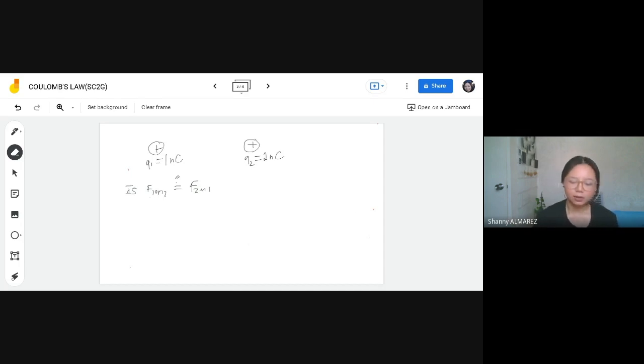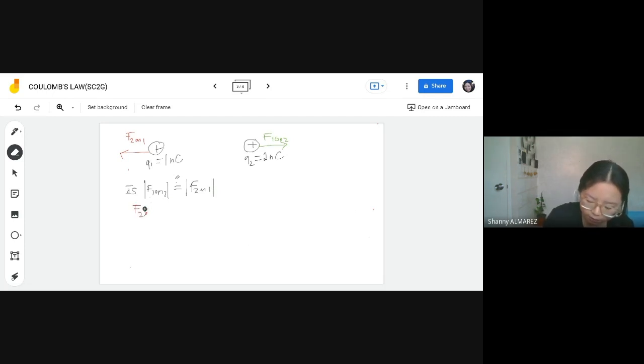So let's proceed. So, ano ang ina-expect nating directions nila? Since they are both positive, it means parehas lang ang ina-expect natin. Repulsive pa rin. Ibig sabihin, we assign the left one to be directed towards the left. So this is F2 on 1. And the other one is directed to the right, F1 on 2. Ang tinatanong natin ay kung parehas ba sila ng magnitude or magkaiba. So, majority of the prediction, no doubt. So, yan ang titingnan natin. Let's solve for the first one.